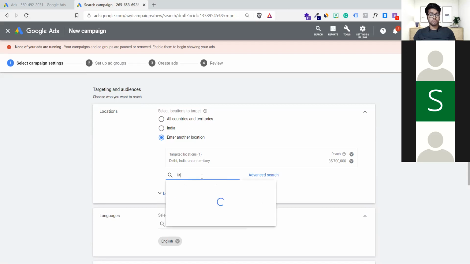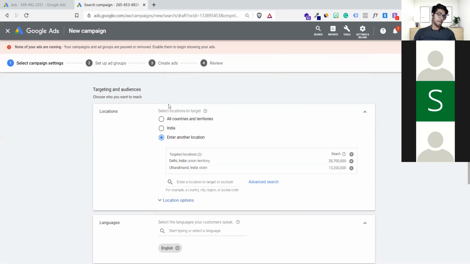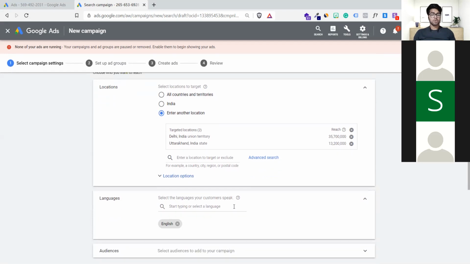I can go for Uttar Pradesh. Like this I can add it quickly. It also shows the reach you will get from each campaign. We have 3 crore 57 lakh of reach here, and for Uttarakhand we have reach like this. This is calculated based on the behavior of AI, so don't worry about it.